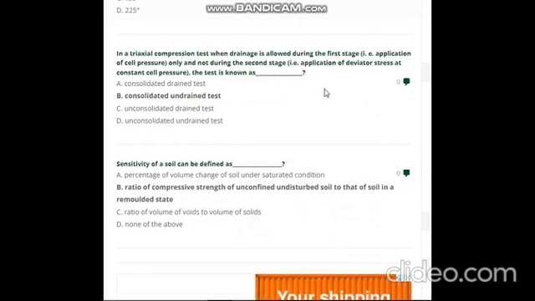If a cohesive soil specimen is subjected to vertical compression load, the inclination of the crack to the horizontal is 45 degrees. If the shearing stress is 0 on two planes, then the angle between the two planes is 90 degrees. In the triaxial compression test, when the drainage is allowed during